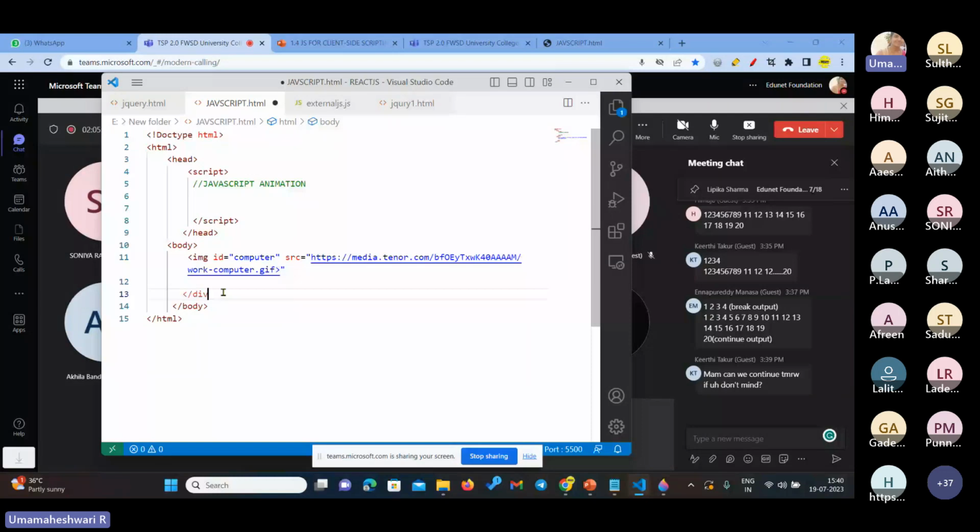So for this image, if you want to set something, so actually, what are the different CSS